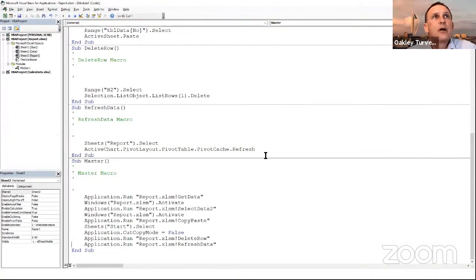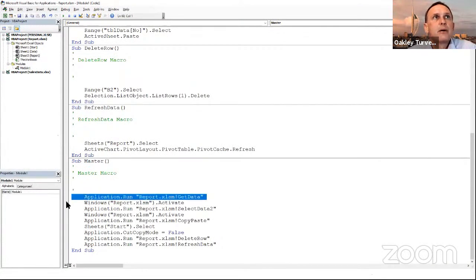So all it's actually done is it's recorded me running a macro and then changing a sheet, running a macro and then changing a sheet. So if we think about the one that gave me a problem, it was the one where I changed the sheet in between doing a couple of things.